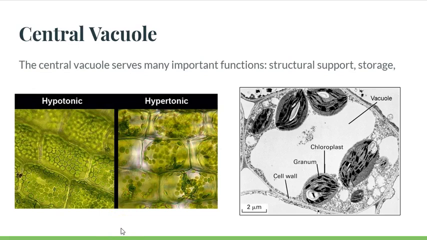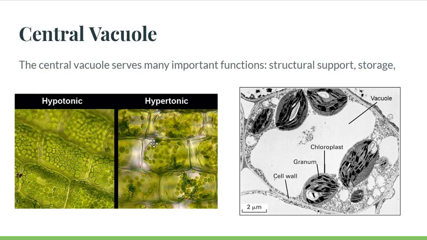When plants are in a condition where it's hypertonic, where there's more solutes outside of their cells than inside of their cells, that causes water to be drawn out of the central vacuole. And you can see that when water is drawn out of the central vacuole, the plasma membrane collapses inward. That's plasmolysis, and it causes this collapse of the cells. And when you see plants that are wilted, they are in this